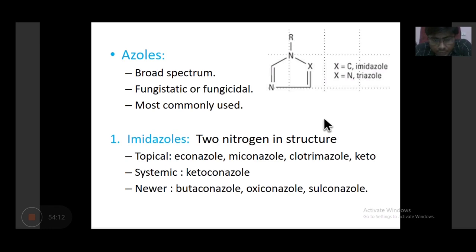And here 70% of you marked it true. This was a tricky question where I asked whether amphotericin B is an ergosterol synthesis inhibitor. No, it is false. I never said it is an ergosterol synthesis inhibitor. I said it binds to the ergosterol where it makes a pore, so the important micronutrients leak out and that happens. So it is not inhibiting ergosterol synthesis. For ergosterol synthesis inhibitors, I told you there are two classes: one is terbinafine and one is azole, which